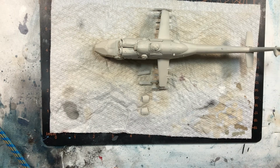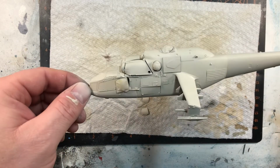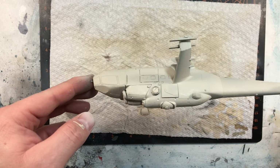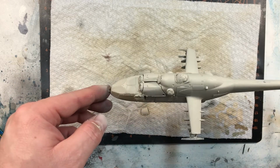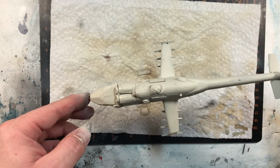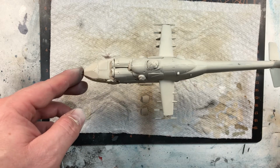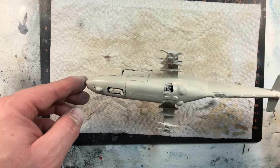All right, I think that's going to be pretty good for the paint job. It's pretty dry. Pretty satisfied with the color. I'm going to come back and do the camouflage in the next episode. We'll work on that and on getting the wheels, landing gears and all that done up on it